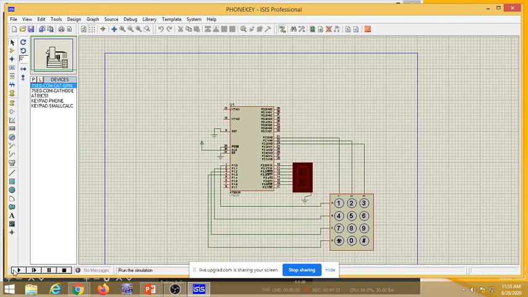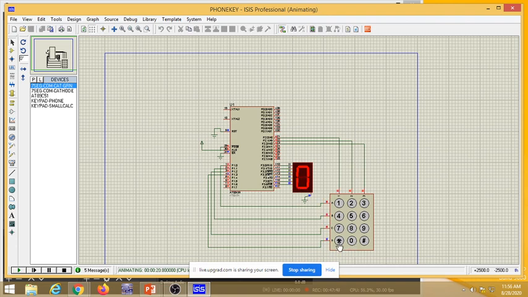When I run this program, suppose I press 1, number 1 is coming. When I'm pressing 2, 3, 4, 5, 6, 8, 9, 7, 0.